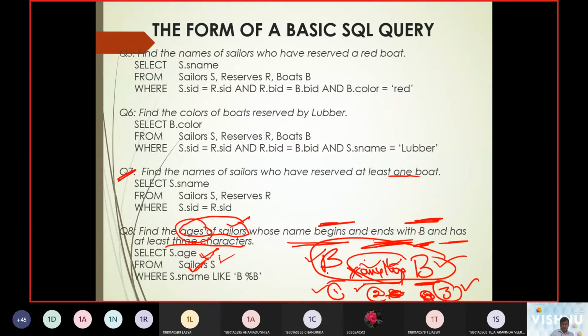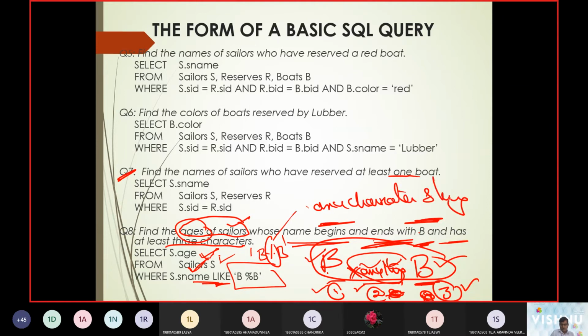Now let us put in this condition and see how it is going to work. Where is the condition: s dot name like. What is like here? The like clause, I'm going to write in single quotes 'B%B'. So what is this percentage? It can be any character string. It can be uppercase A, lowercase a, special characters, whatever alphanumeric data it is, whatever ASCII data it is, everything can be there.